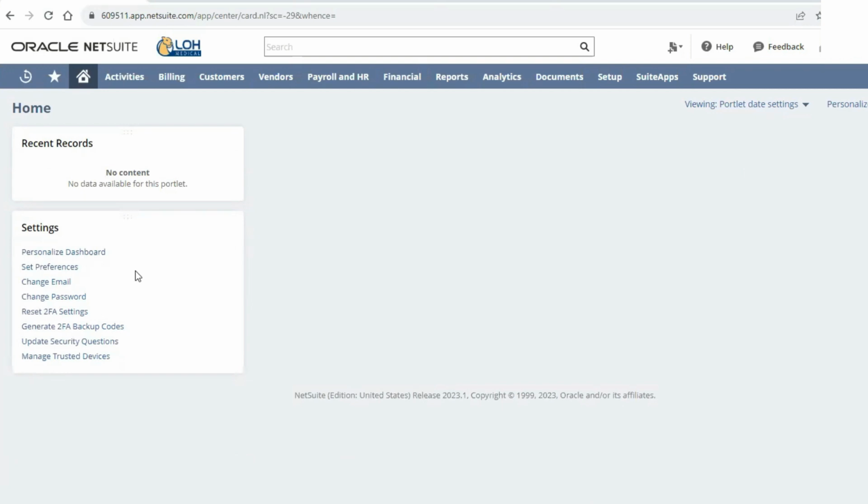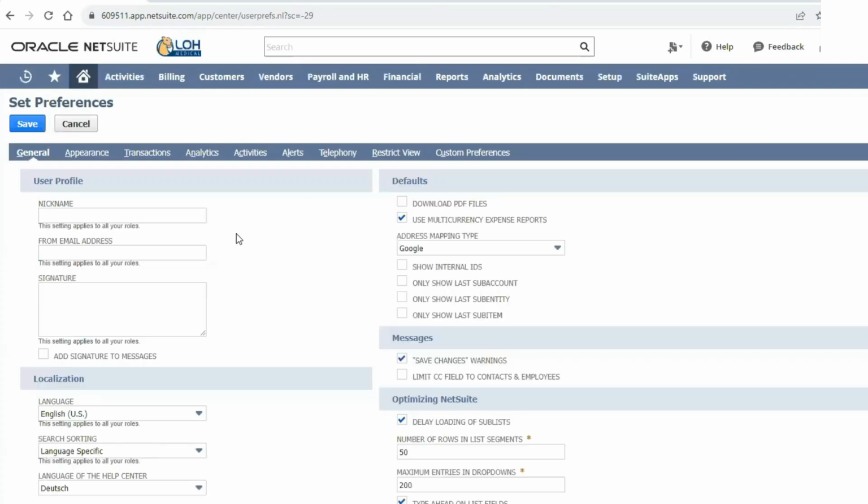So as you can see here, we can personalize our dashboard, set preferences, and change some of our personal data that helps get into our account. So we're going to start with setting preferences. And this is kind of the fun part.